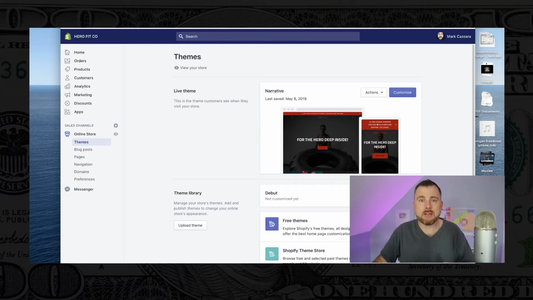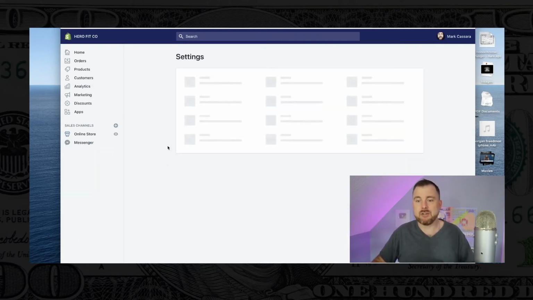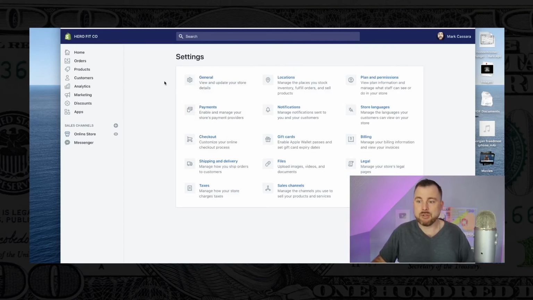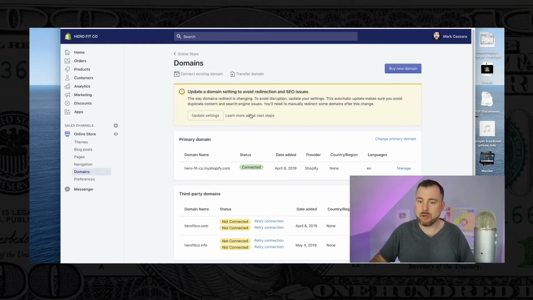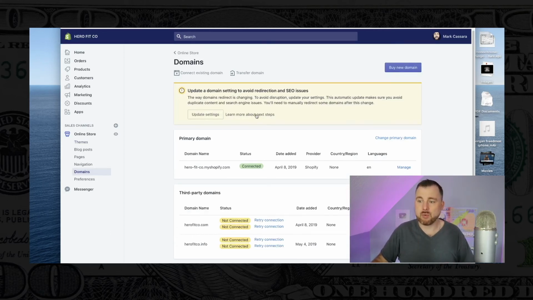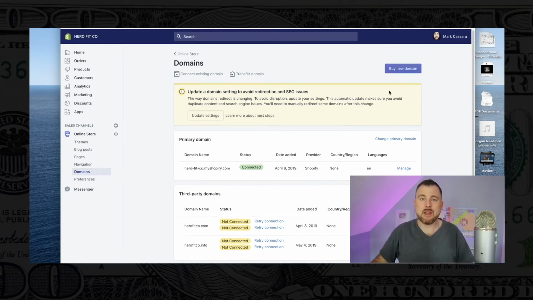You can buy a domain. You can go to GoDaddy, Bluehost, or SiteGround, purchase a domain, and then in your settings you can go ahead and connect your domain to Shopify. Under online stores, you can go to domain. You can actually buy a domain right through Shopify as well. You can buy a new domain. They're a little more expensive, but if you go to something like GoDaddy, you can forward your domain to this store, so that when somebody types in LGNKS.com, it'll go to your store directly, or my store in this case directly.